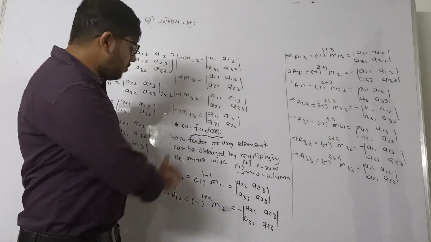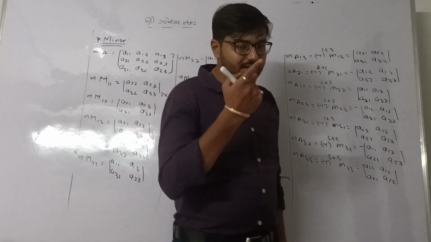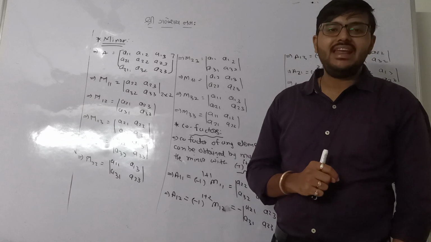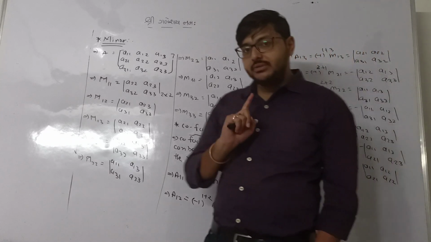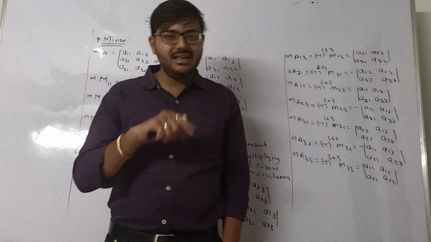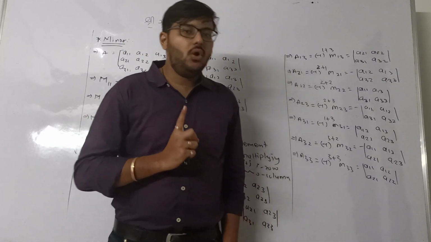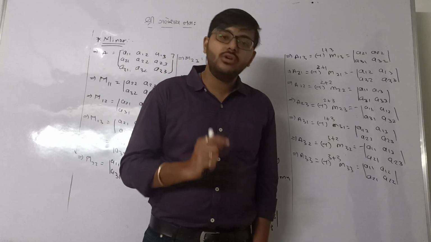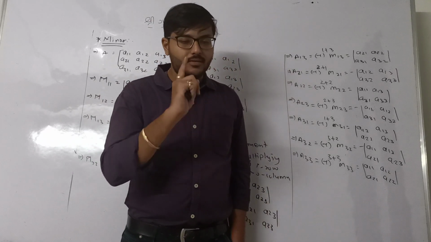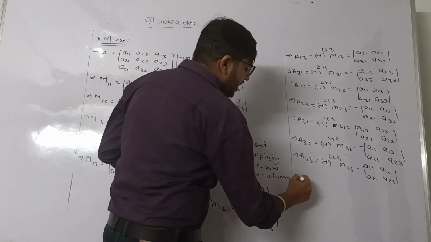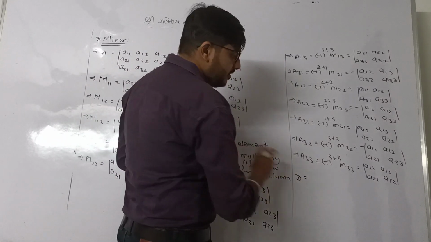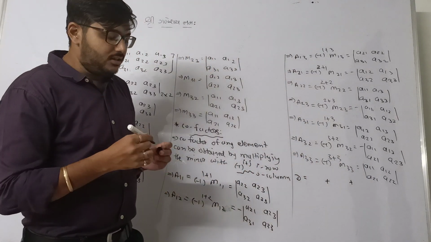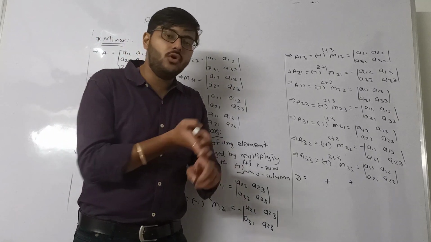Okay, now from this cofactor there are 2 notes, that the value of determinant can be obtained by taking the sum of product of elements of any row or column with the corresponding cofactors of that row or column. Once again, the value of determinant, that is D, can be obtained by taking the sum of the product. Whose product? The product of element with its own cofactor.